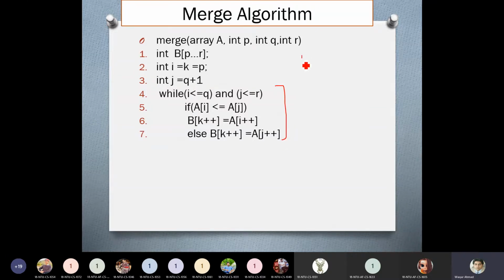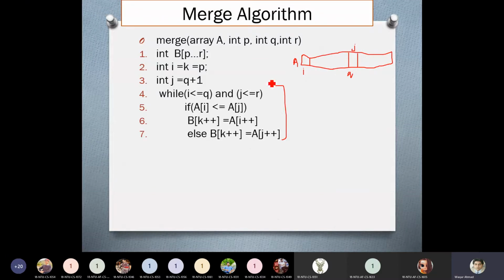We have one array, the name of the array is A. Its first part is on the left side of the array, and its second part is on the right side of the array. In the first part, we have used an index with the name I, and in the second part, we have used an index with the name J.